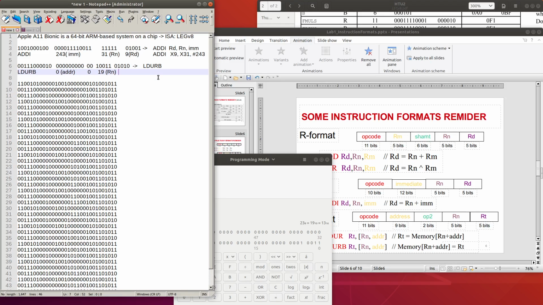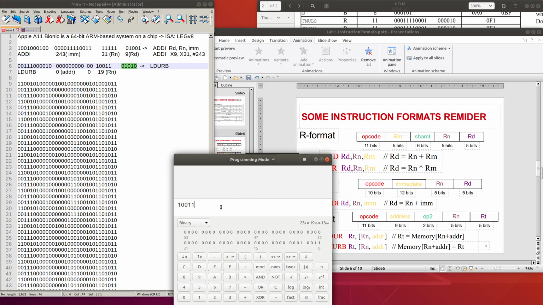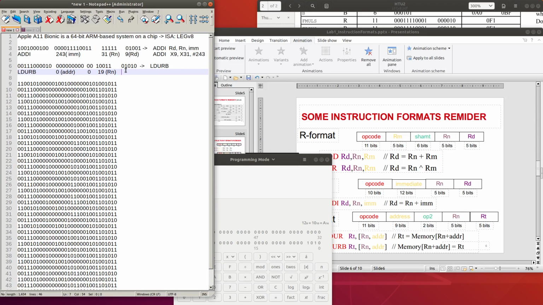The next one, the last one, Rd, that is this one, and its value in hexadecimal is 10. And it is RT.